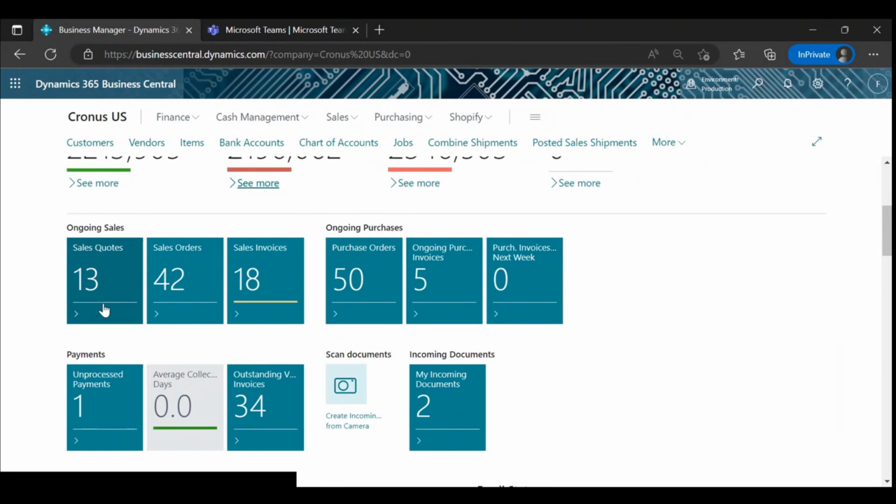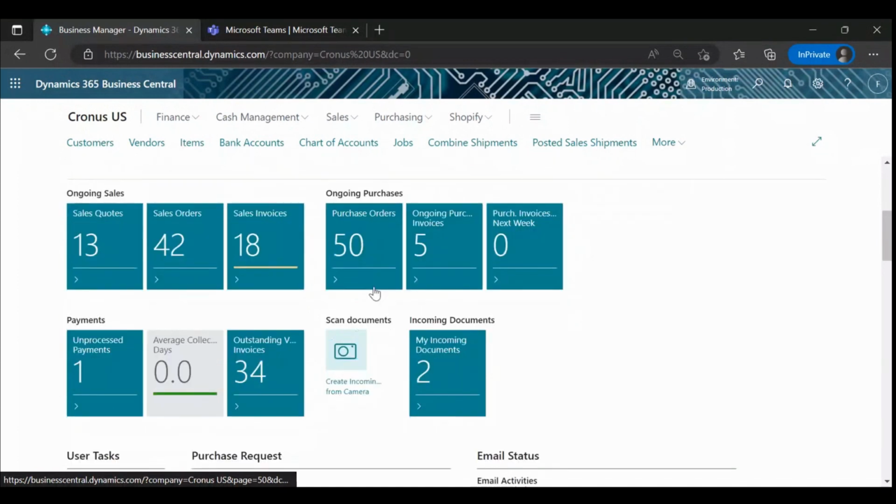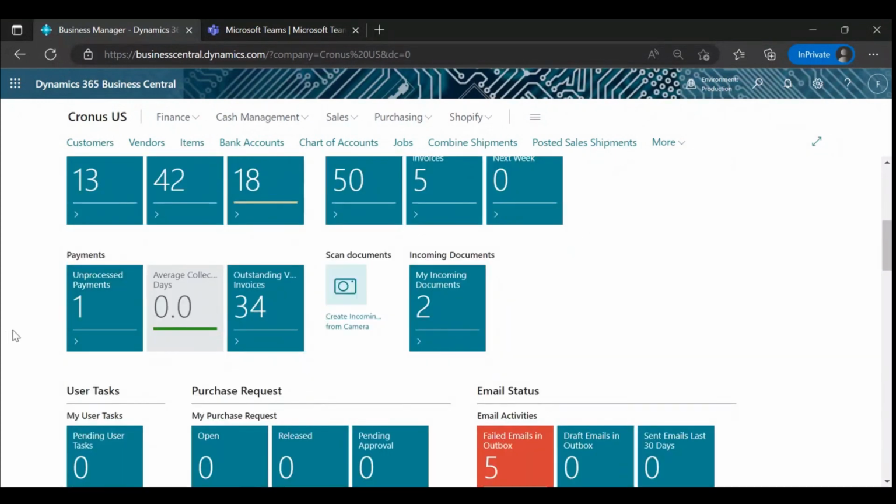The tiles that Mary talked about in the slides show how many open sales orders you have, your ongoing purchases, and your unprocessed payments. For example, there may be multiple bank statements that you have imported but not yet reconciled. If you want to know how many outstanding vendor invoices you have, you can go and check those.